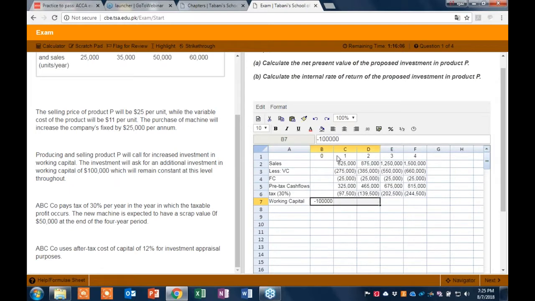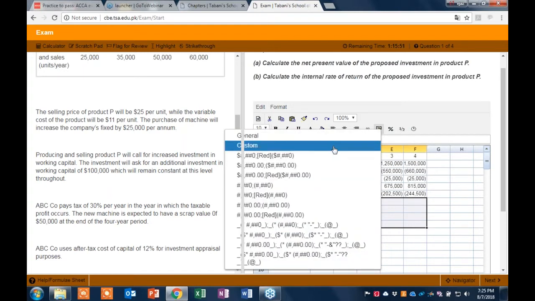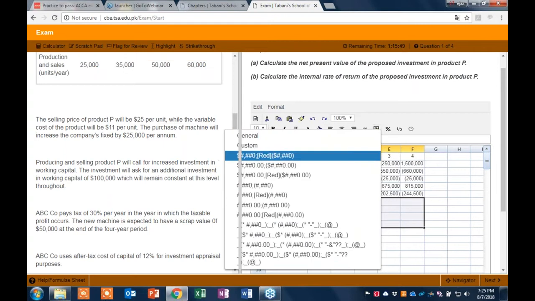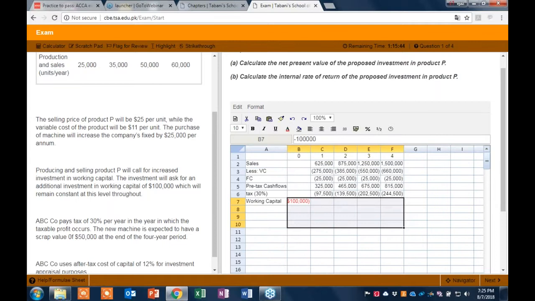And since I think we have to change the format again, and the format, this was the format. So